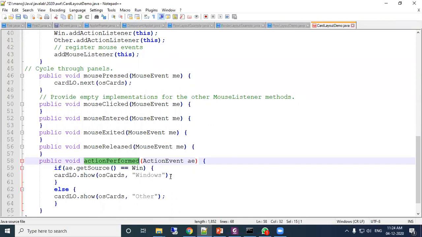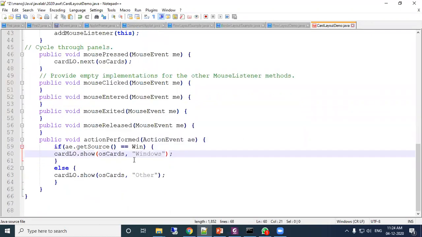When I click, choosing any event in the mouse, any action I have taken on the particular object, then this method is defined. So in these methods, it will do nothing. But if you run this addMouseListener, then if anything is written here, it will execute. But nothing is written in these methods, only the actionPerformed method is written. So if AE, what is AE?